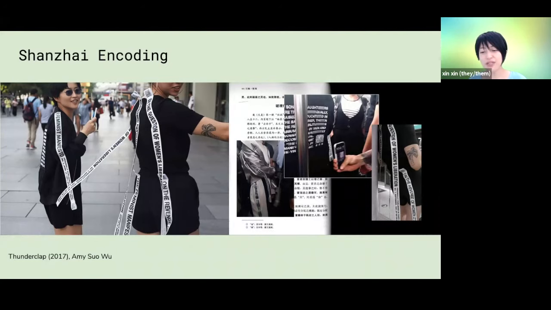And with the pirated version of Off-White, a lot of times you see different kinds of quotations or randomly generated words when Off-White has been Shanzai'd. And so using this cultural phenomenon of Shanzai, Amy Suo-Wu created this piece called the Thunderclap.